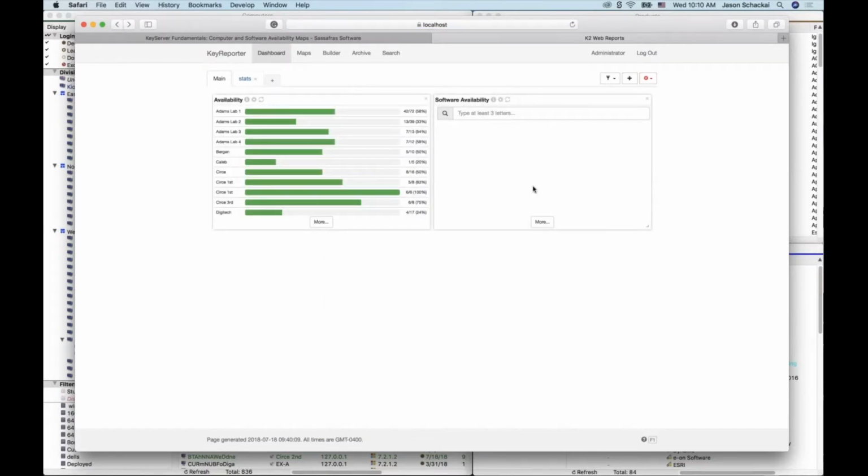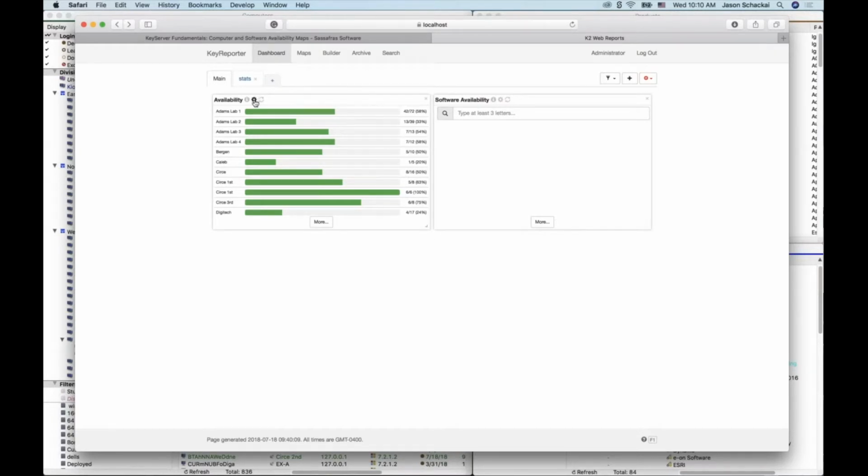So that's the software availability, both as this software search page and then as the software availability widget, which can be embedded next to your availability widget on any university web page or any other location that you'd like to have that. In addition to updates to the way the availability widget works, which I'll get into a little bit of detail on,